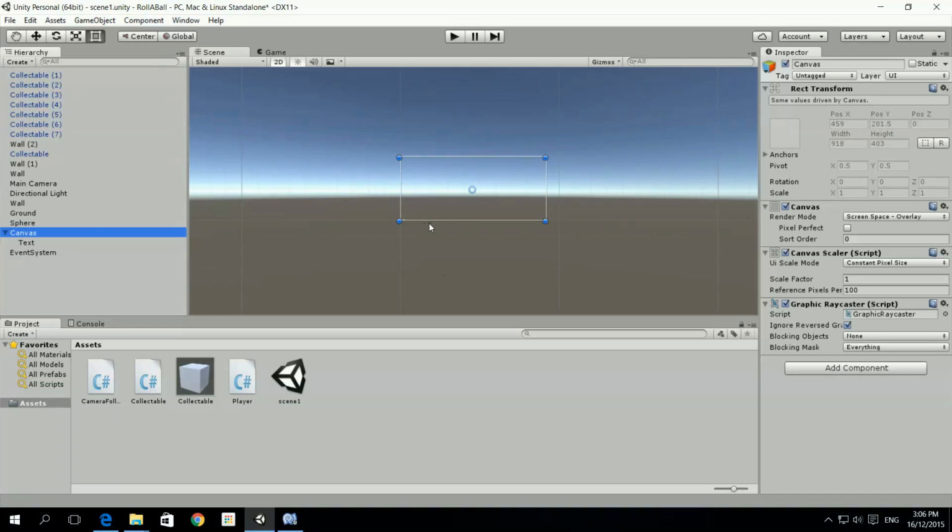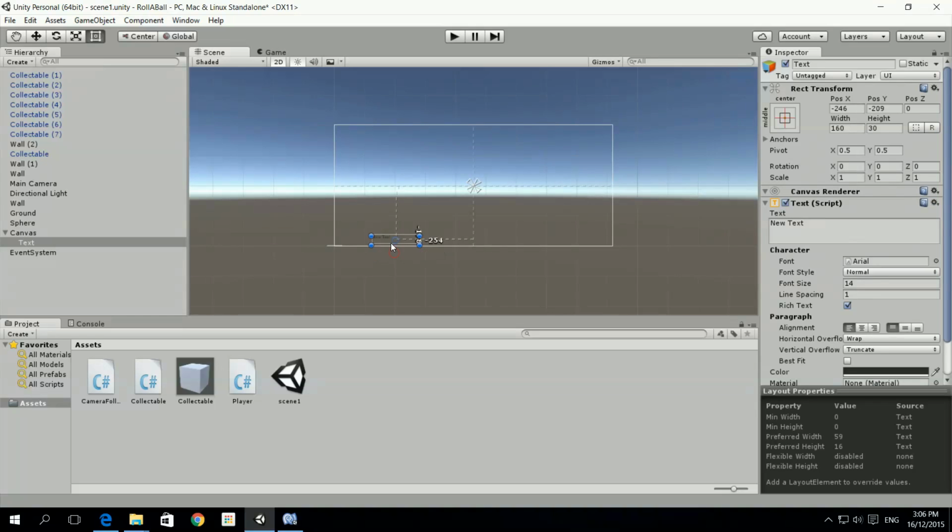So the text is down in here, and I'm just going to drag it up to the top left corner, and then we're going to muck around with some of the components of this. So you can see that we have the text box here, and it's been selected, so we've got all of its components over here now. I could go into explaining this, and you can look at the Unity tutorials, but the easiest thing is just if you click on middle,